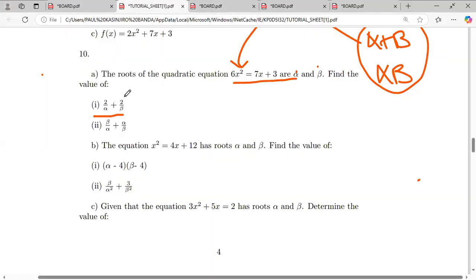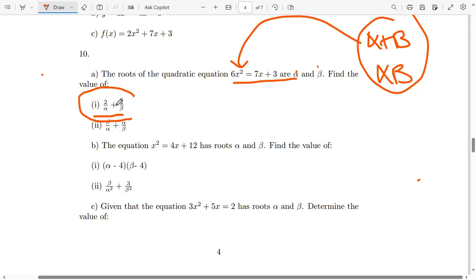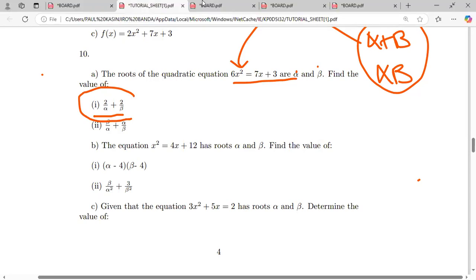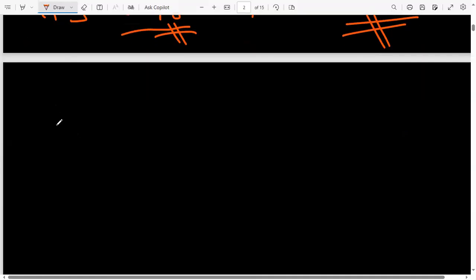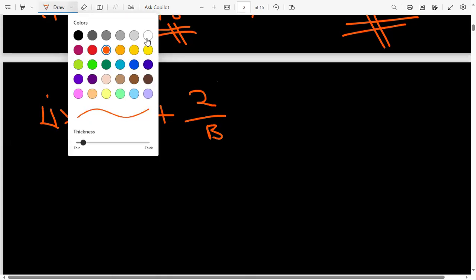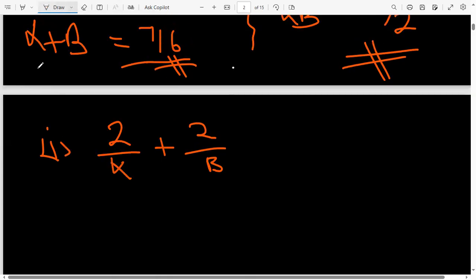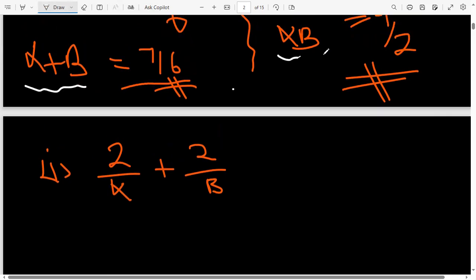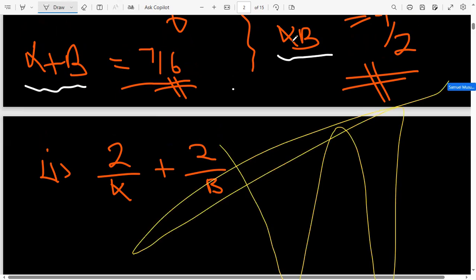the given set of roots. So we have 2 over alpha plus 2 over beta. So let's get it. Number 1, we have 2 over alpha plus 2 over beta. For us to find the value of this, we need to express it in terms of 1, the sum, and 2, the product. So we have to manipulate this so that somehow the alpha plus beta and the alpha beta